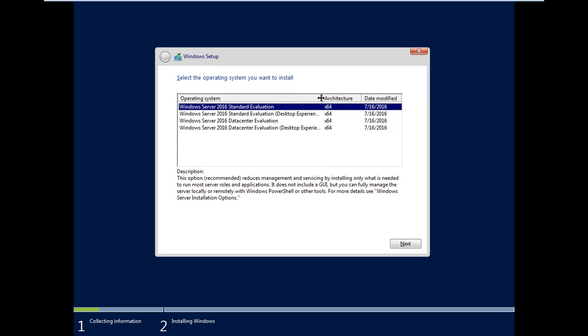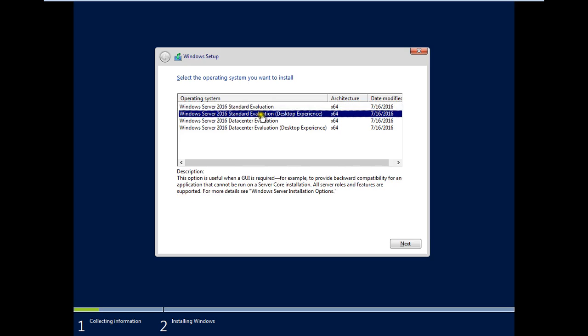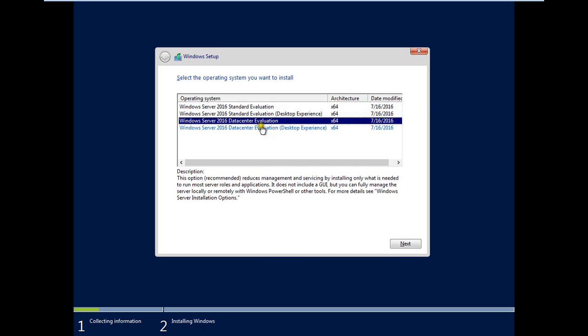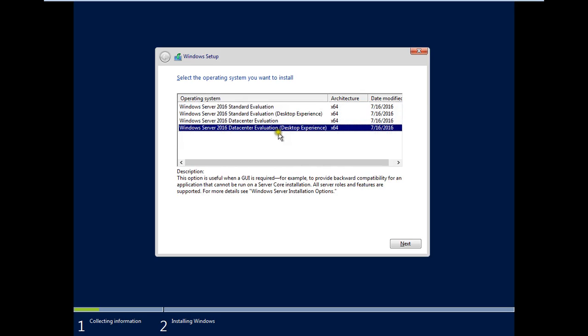As in the beginning of the class you have understood that there are two versions, standard edition and datacenter. Standard has two versions, GUI and core. So this is core, this is GUI, this is datacenter core, and this is datacenter GUI.